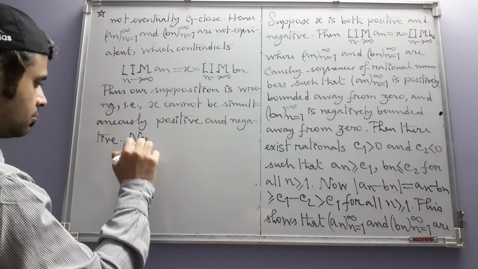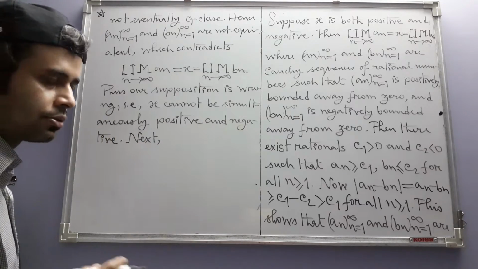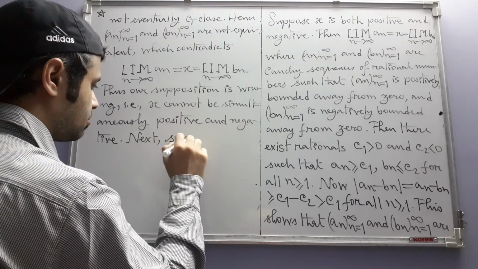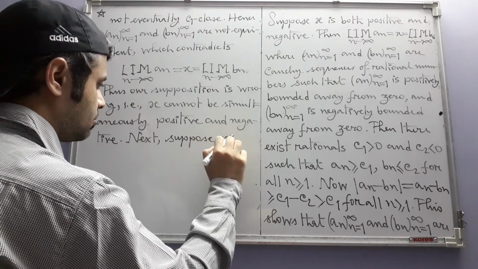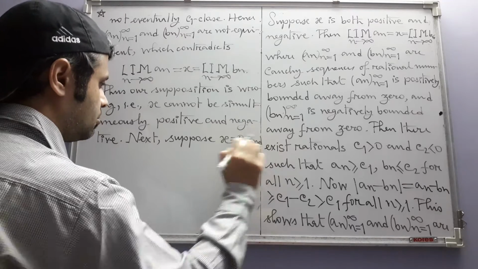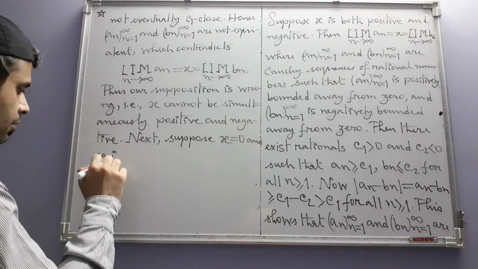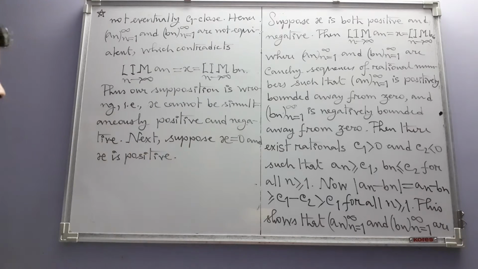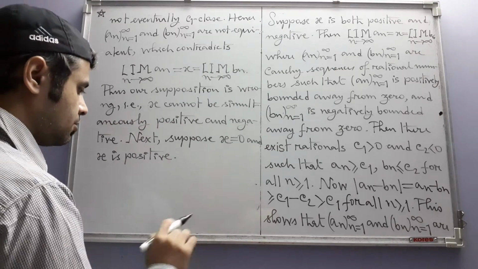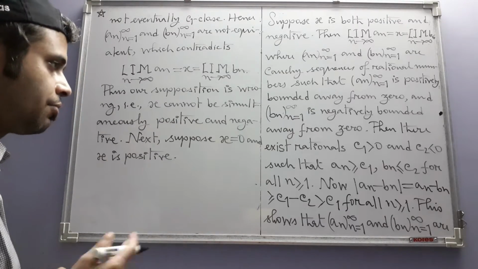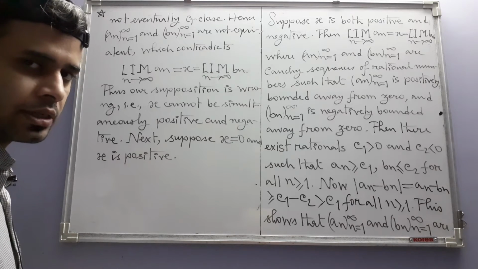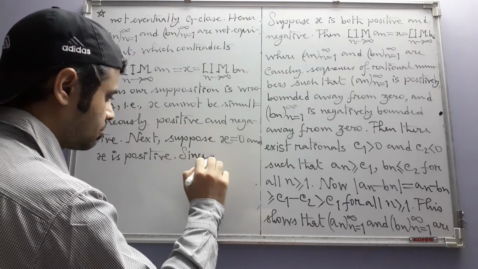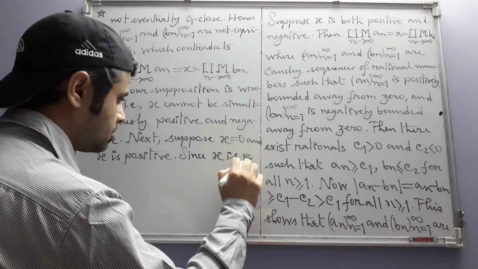Next, we make a similar supposition and proceed accordingly to show that that supposition is also wrong. Next, suppose x is equal to 0 and x is positive. Okay, so being positive, x will be the formal limit of a Cauchy sequence of rational numbers that is positively bounded away from 0. Since x is positive,